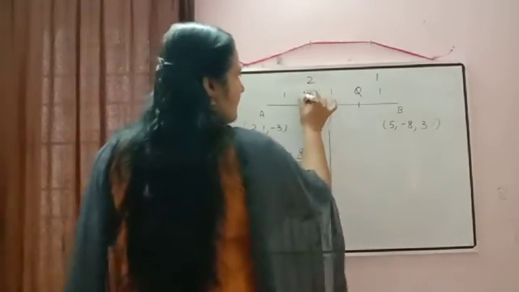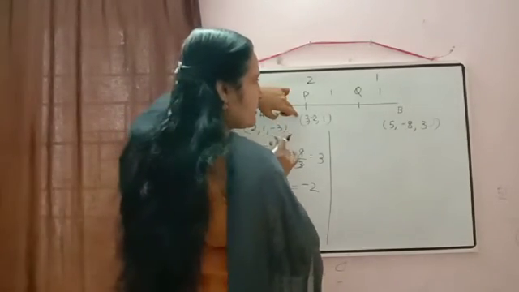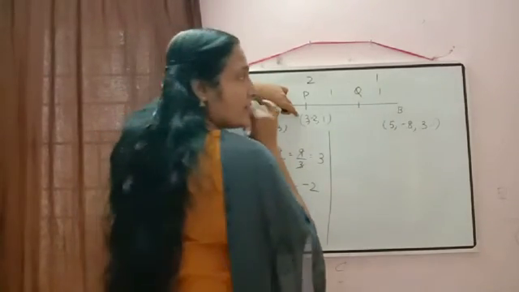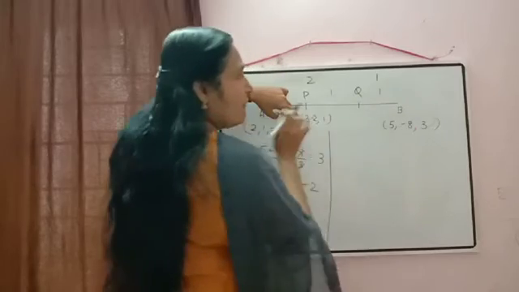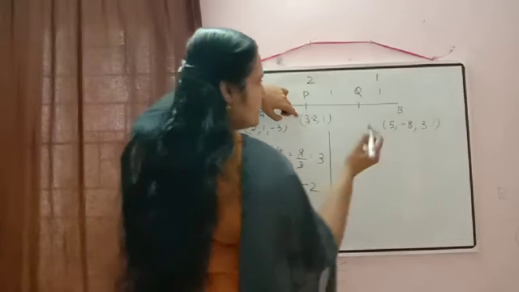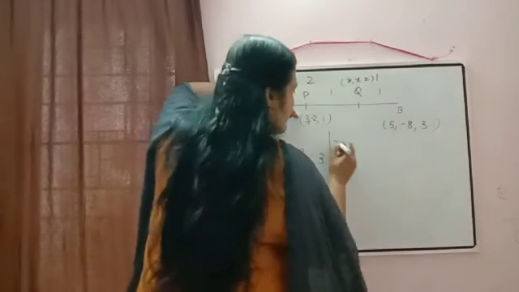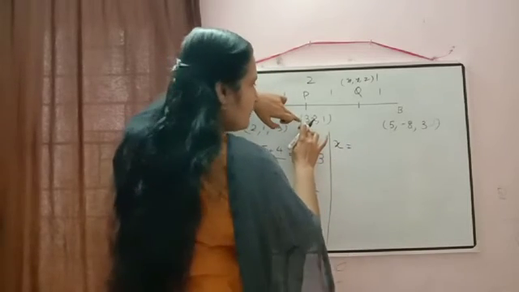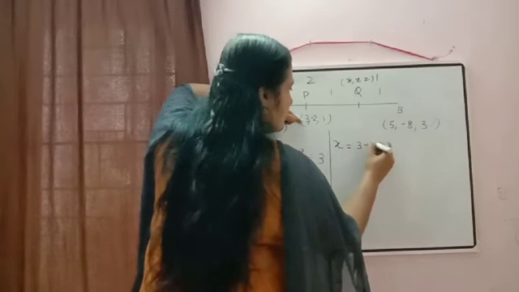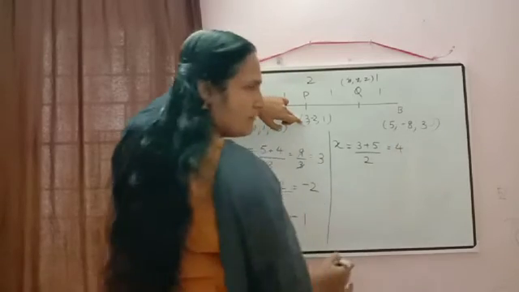Yes, just to check here. Here we got the coordinates of P there. What is the relation between Q and PB there? Yes, Q is the midpoint of PB because it divides it in the ratio 1 is to 1. So if I am writing here the coordinates as x, y, z, what will be the x coordinate of Q? According to the formula, (x1 plus x2) divided by 2. So it will be equal to 3 plus 5 by 2. 3 plus 5, 8. 8 by 2, 4.